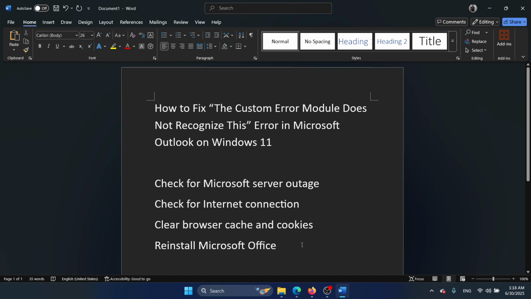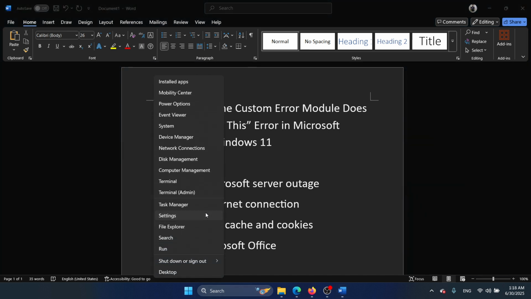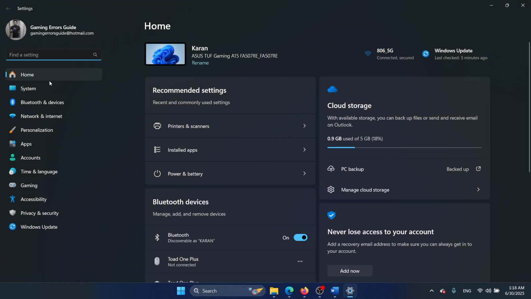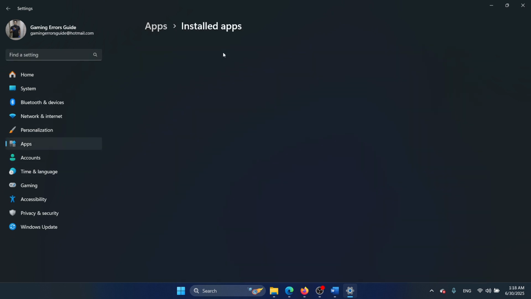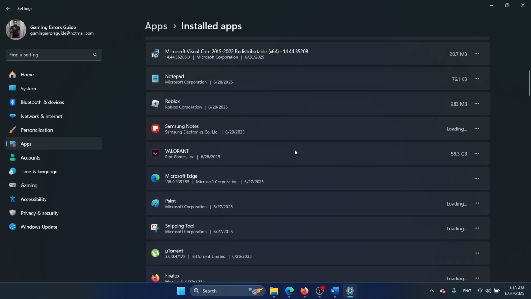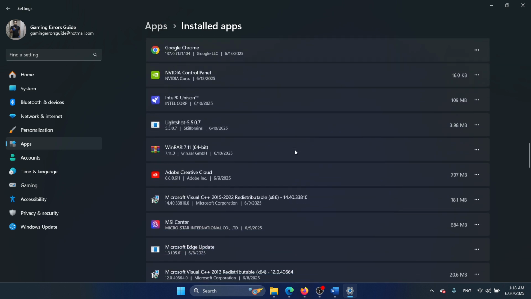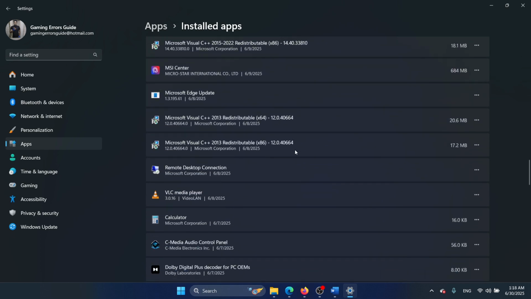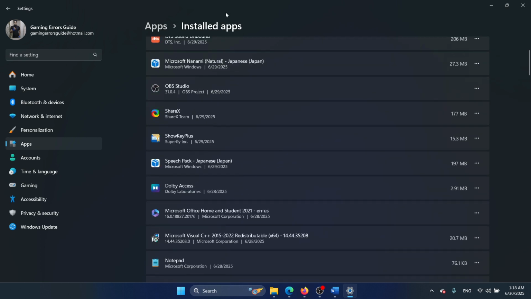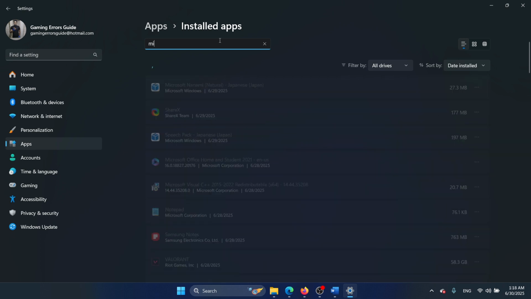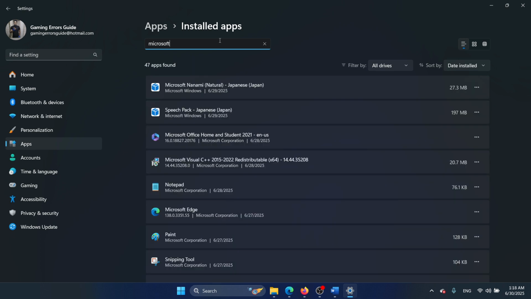The last solution will be to reinstall Microsoft Office. And how would you do that? So right click on the start button and select settings from the menu. Now you can go to the apps tab on the list on the left hand side. Select installed apps. Scroll down to Microsoft Office. Okay, we don't find it, so we will search for it. And then click on the three dots associated with it, and then select uninstall,